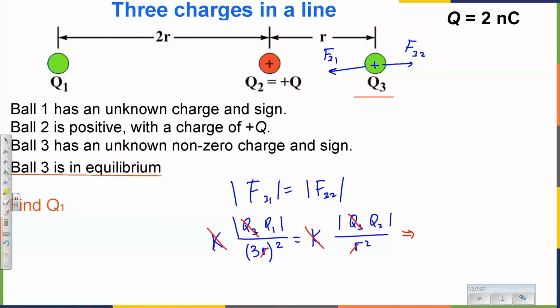Hence, magnitude of Q1 over 9 should be equal to the magnitude of Q2. So Q1 actually should be equal to negative 9 times Q2. Q2 is positive. Q1 has to be negative, and that gives us negative 9 times 2 nanocoulombs,